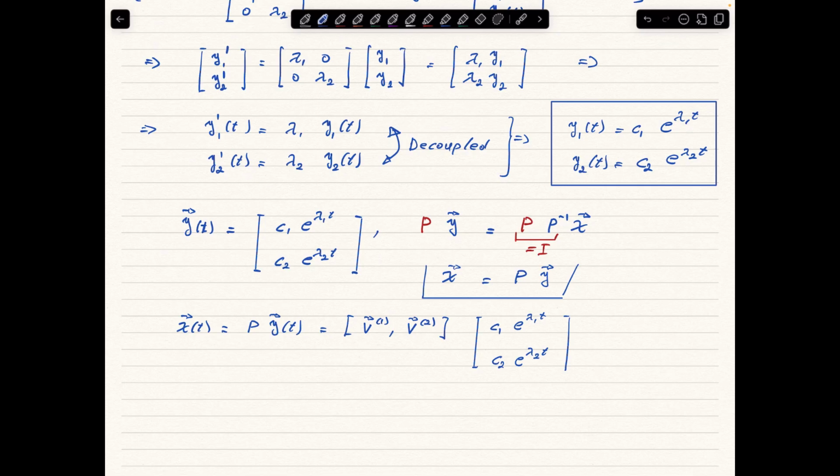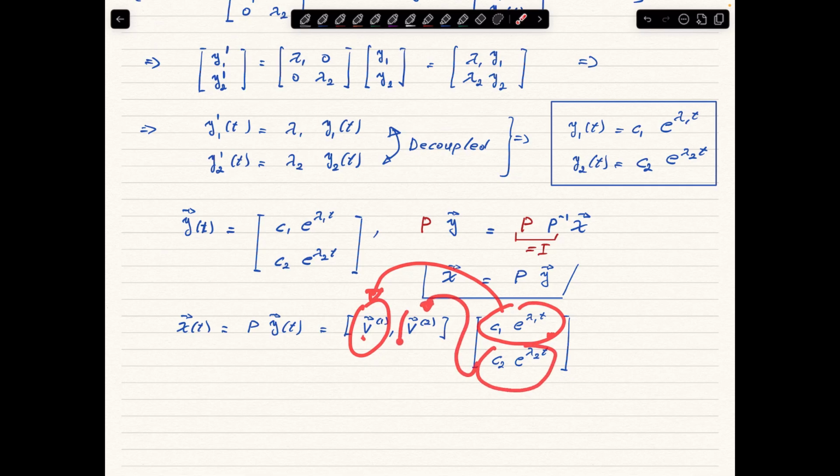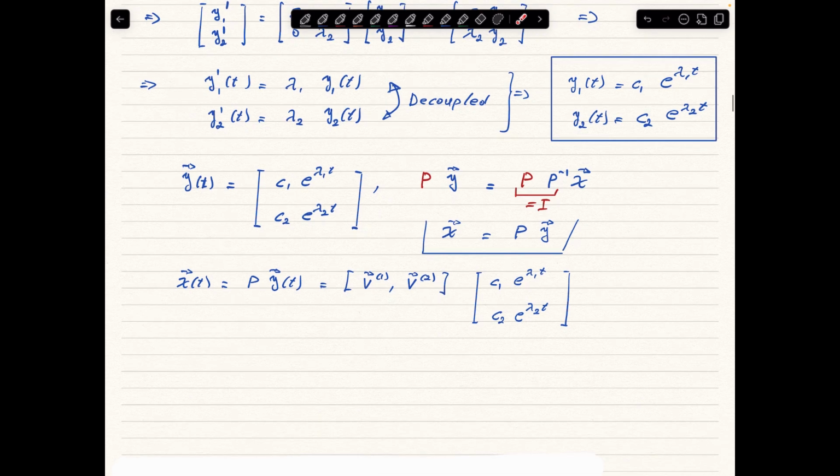Okay, how do we do this product? Well, this product has to be done with this column, every component of this row, and the other component of this row. But if we do that, what we end up with is that this number is going to be multiplying every component of this vector, and this number is going to be multiplying every component of that vector. So if you do the calculation, you're going to get exactly what the theorem says we should get, which is